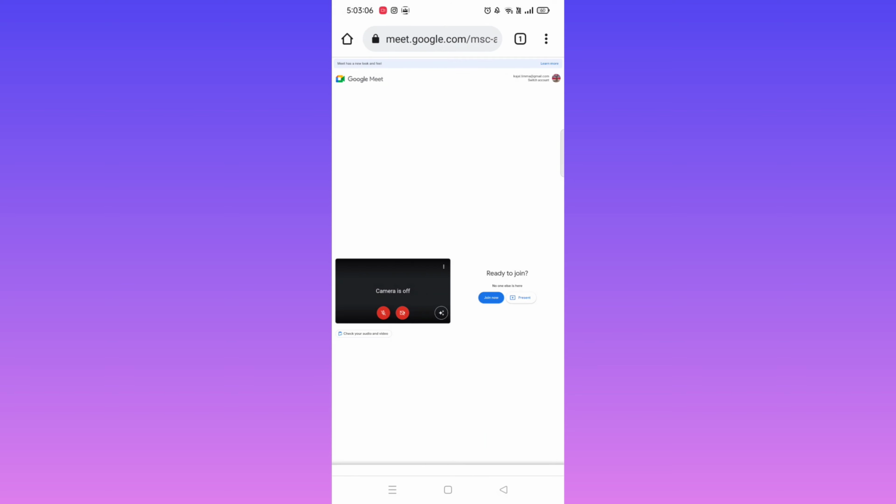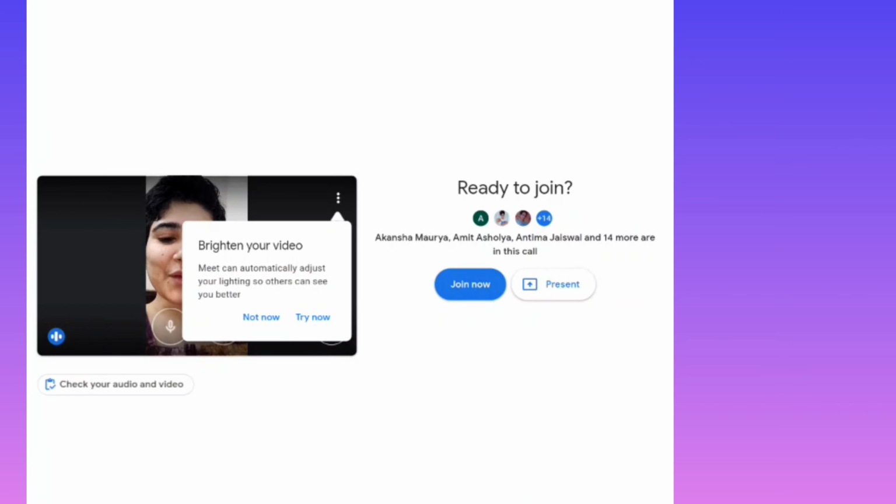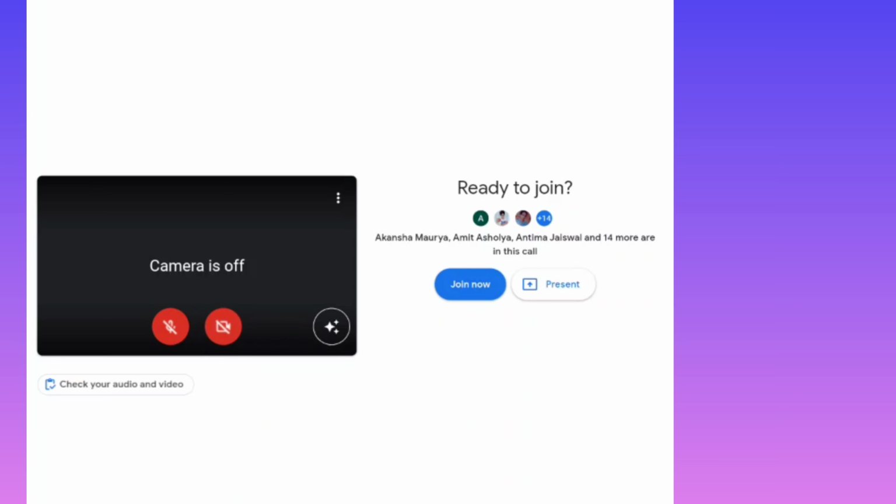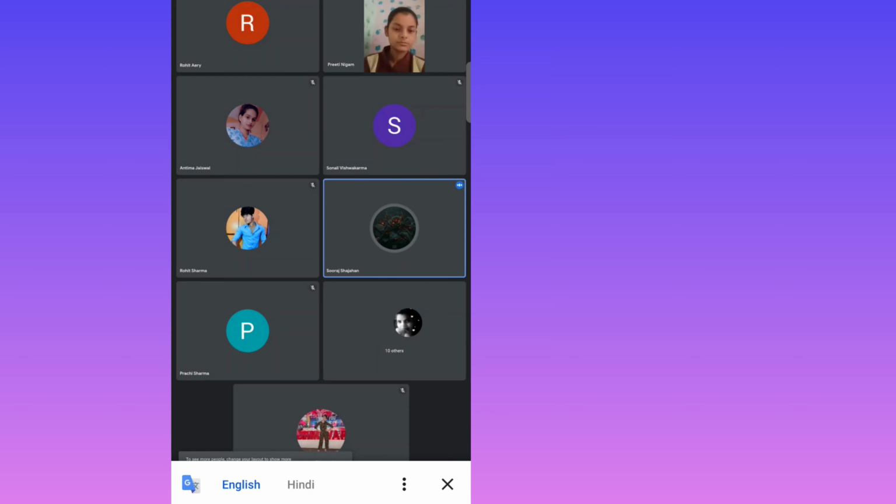Let's come back to the meeting. So finally, after enabling the camera and audio, we can now join the meeting and let's see what functions can be added using this browser feature. Now I'll mute my mic and keep my camera turned off. Wow, now I can click on join now. Here, the moment I click on it,